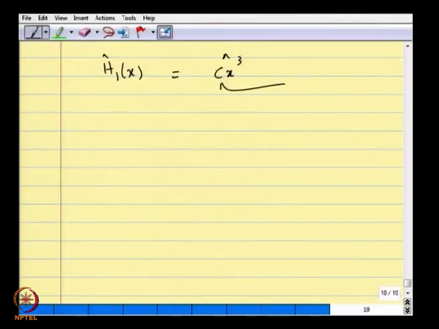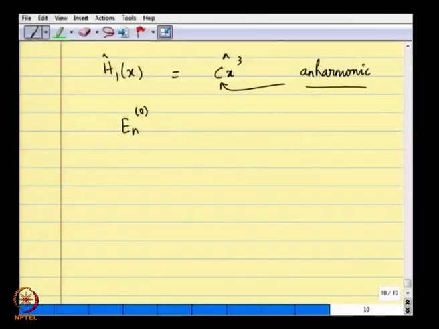It is the small quantity which is responsible for the oscillator being slightly anharmonic. Okay. Then one can calculate the corrections to the harmonic oscillator energy E n 0 due to this perturbation H1